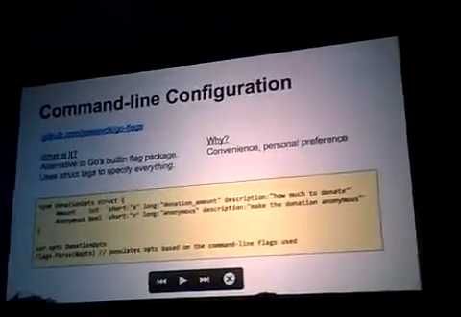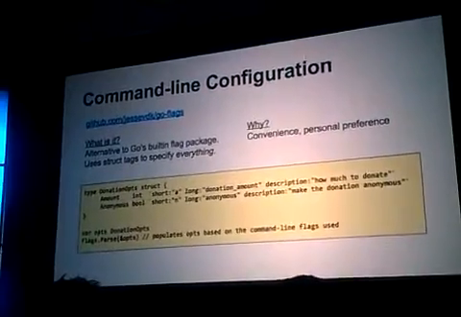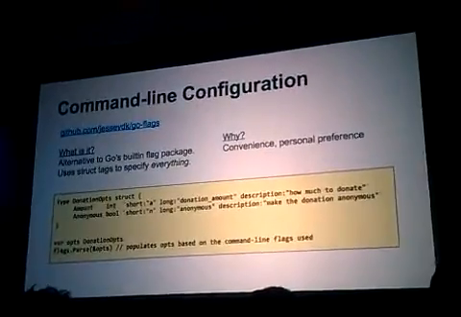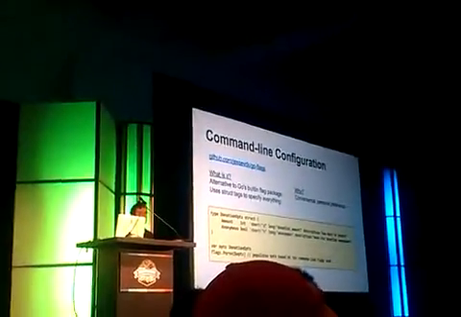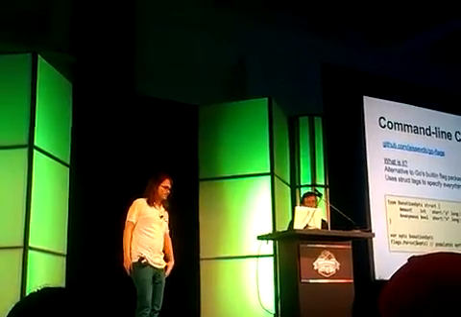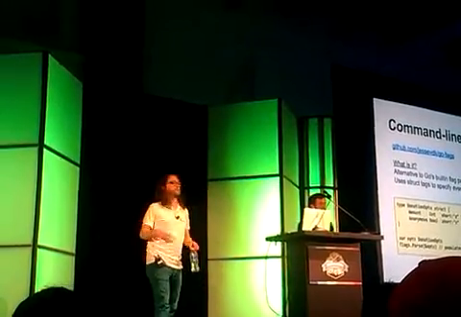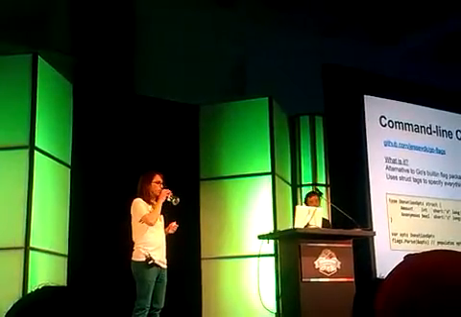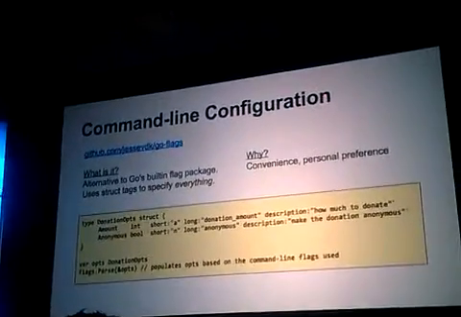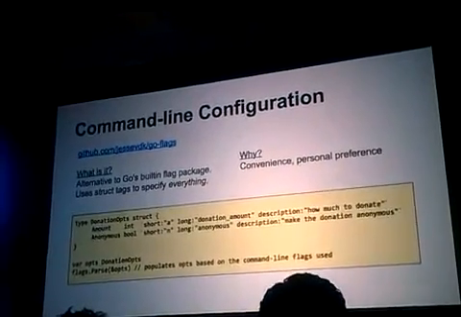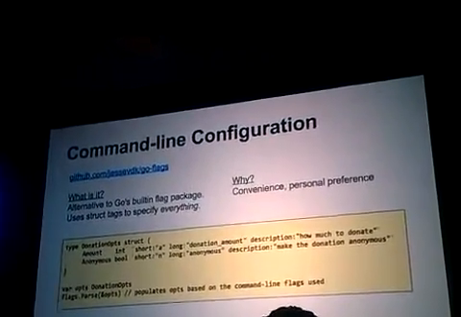So that was one instance of configuration, but there are other ways that struct tags can help you with configuration tasks. When writing the MongoDB tools, we actually ended up using a different command line flag parsing package from the one that's built in, and the reason for this was mainly backwards compatibility with the old tools, with exactly the way that the command line was parsed. So we ended up using the go-flags package written by Jesse. An interesting aspect of this package is that it allows you to specify the mappings of command line arguments to values in a struct